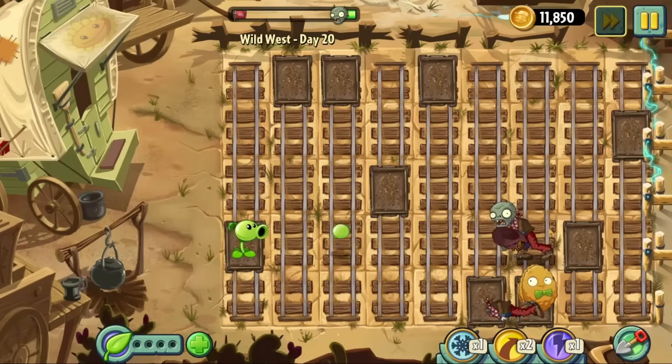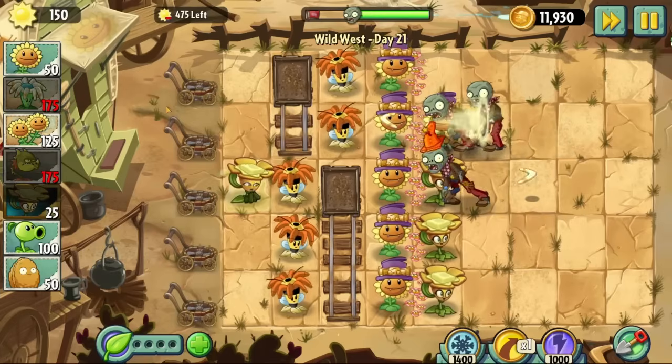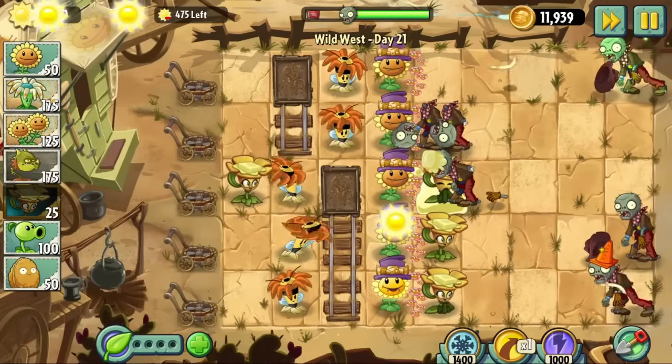Day 20 is another darn minecart level. Why so many? Day 21 once again puts me on a spending limit. The objective: the zombies shall not pass the line. That's a little...